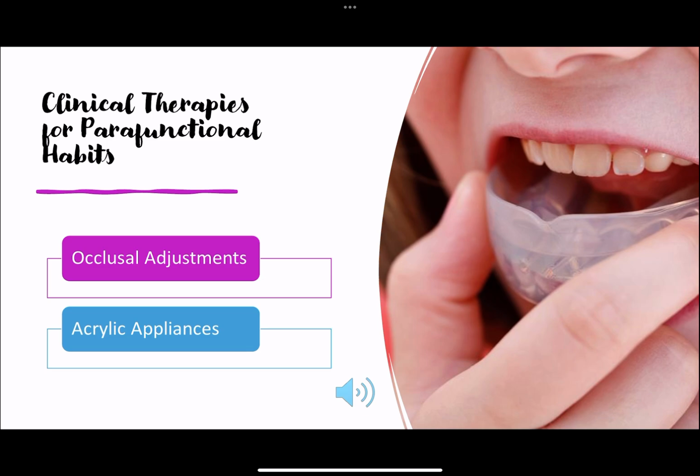So as you can see on the slide, this picture is an example of what one of these appliances would look like, and tying into what I talked about on the previous slide with bruxism, you can even be sleeping and unaware that you are grinding your teeth. So wearing one of these when you're sleeping is actually very beneficial because, like I said, you're unaware when you're sleeping, so having this protective guard on your teeth will prevent further damage to the teeth when you're sleeping and unaware and can't control your actions.